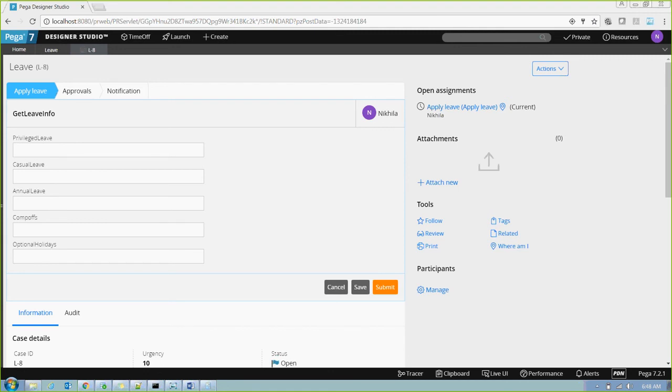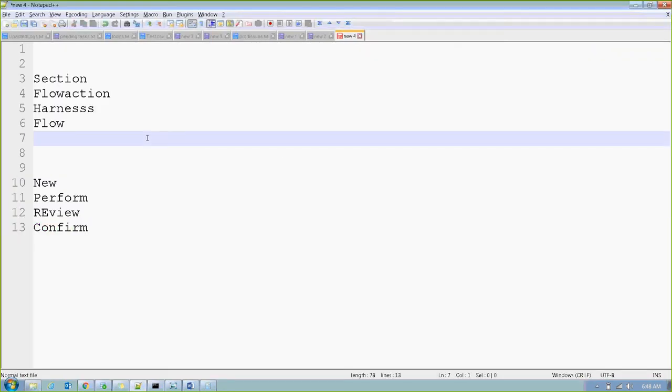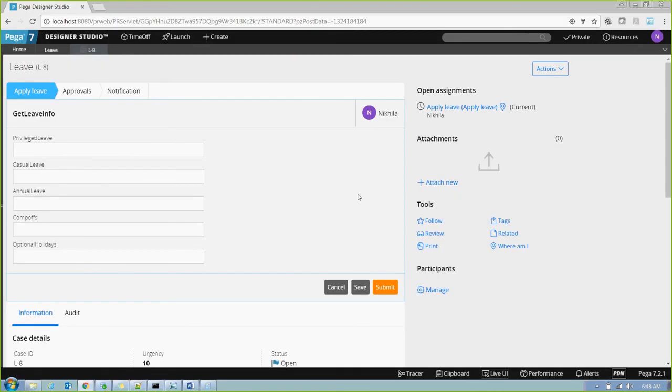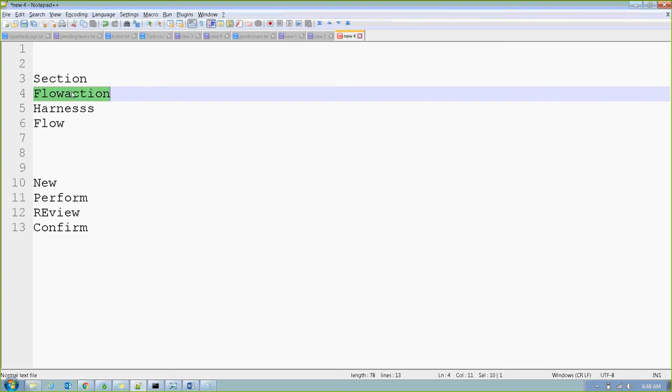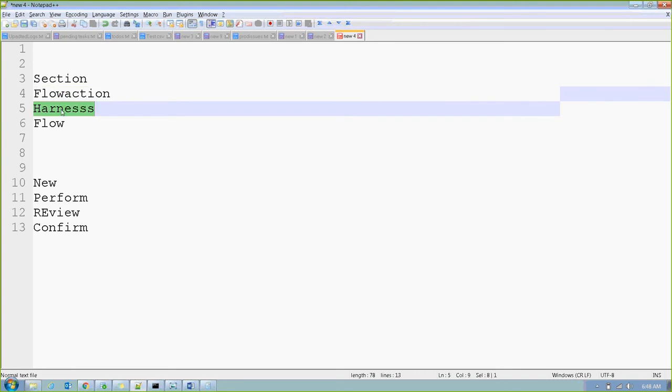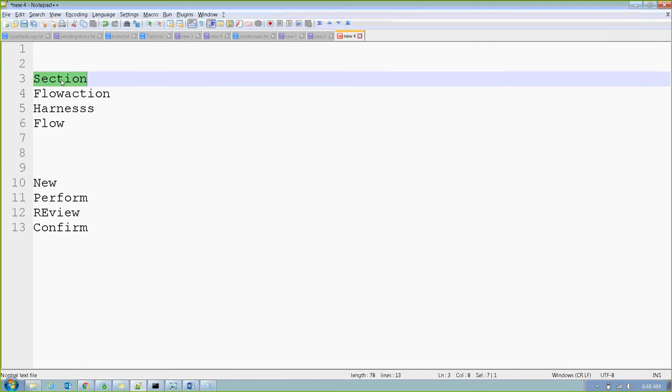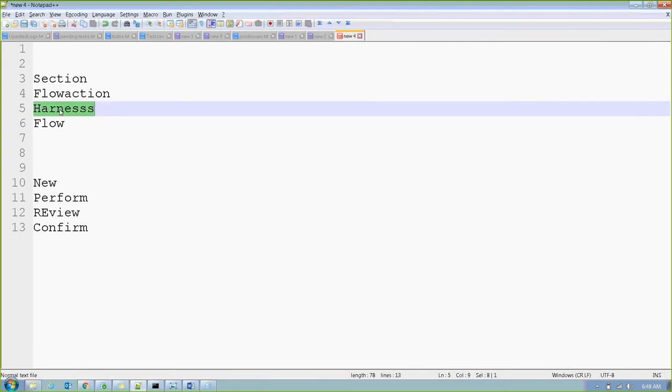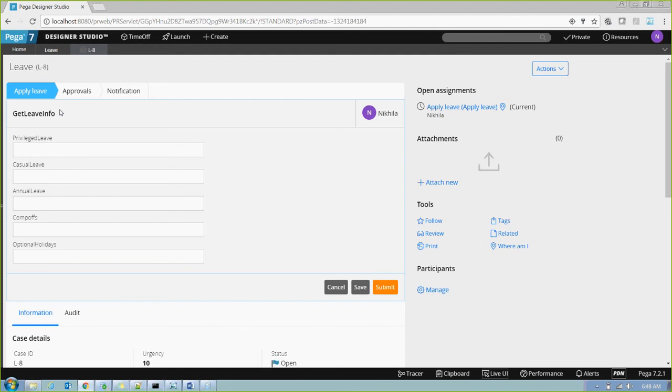Yes, harness is actually a template. And yes, section is embedded inside a harness. It's both, Chandra. When you're dealing with work objects, like when you're moving from one point to another in a flow, section is embedded inside a flow action and flow action is inside a harness. But when you create a portal, section is inside a harness. So in both ways, we can do it. But in my current screen, section is inside a flow action and flow action inside a harness. So if you turn on the live UI,